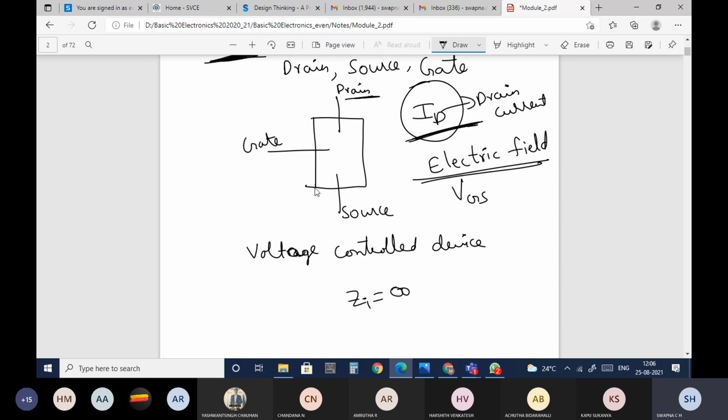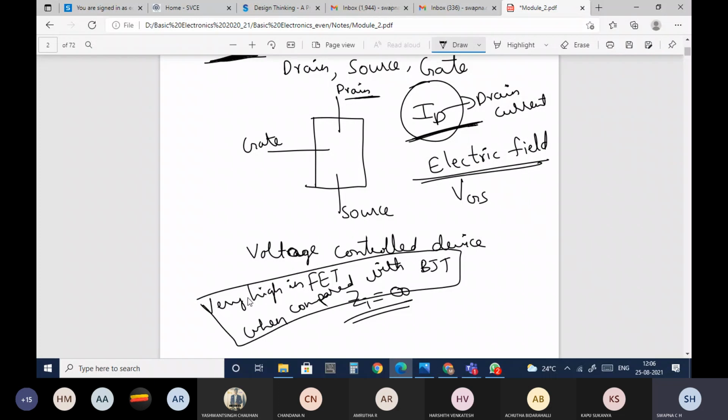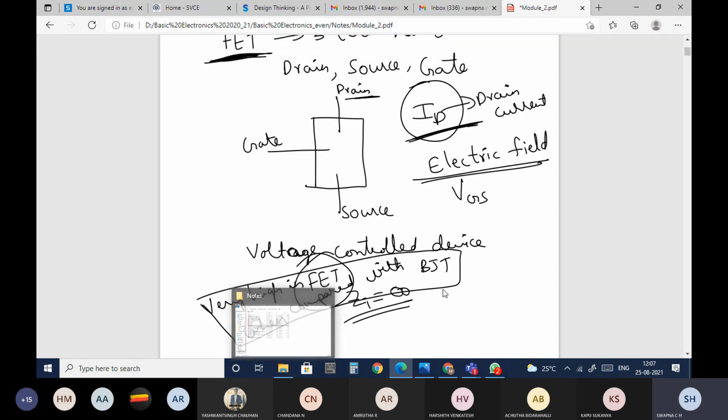But the main advantage with the field effect transistor is that the input impedance is very high in FET when compared with BJT. When we study the field effect transistor specifically, I'll show you how the input impedance is increased.